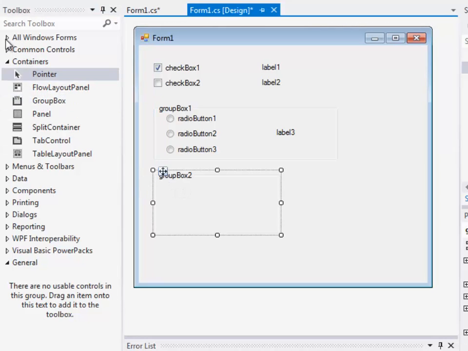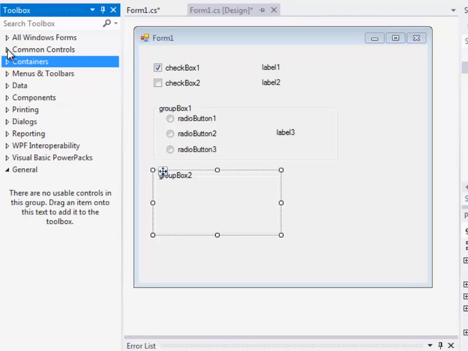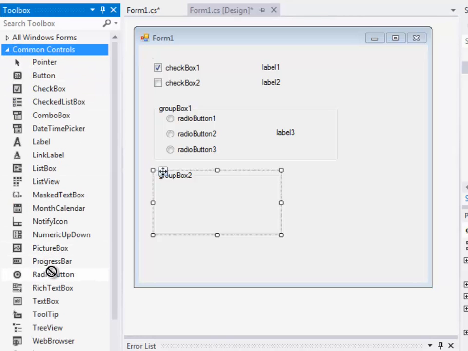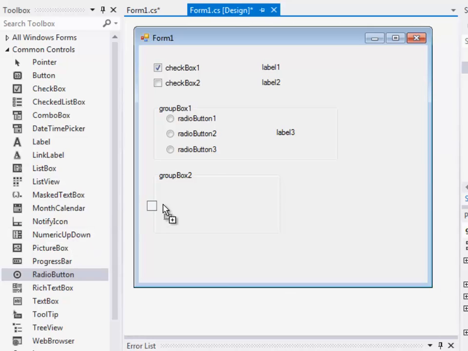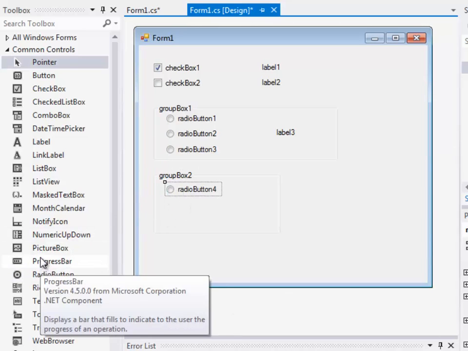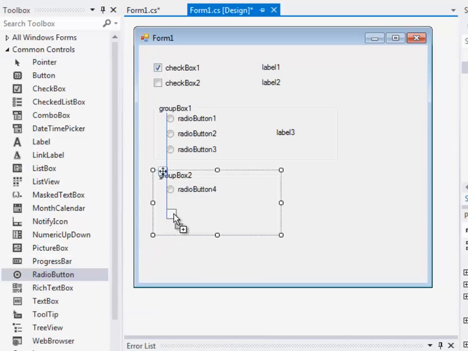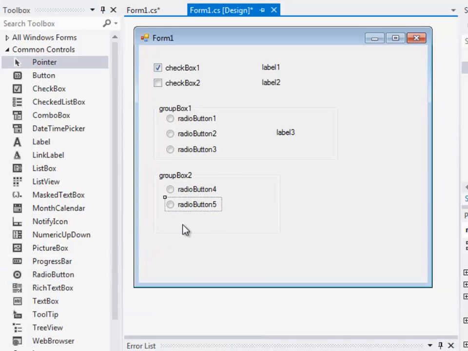And here I'm going to actually just put my radio buttons. I'm going to go back to my radio buttons under common controls and drag and put. You can see when I drop them, the group box will be highlighted. So I'm just going to drag them back here. And let's just do 2 radio buttons in there. Now when I run this,